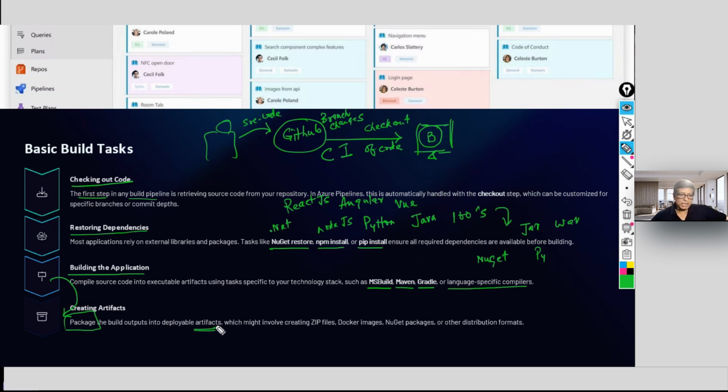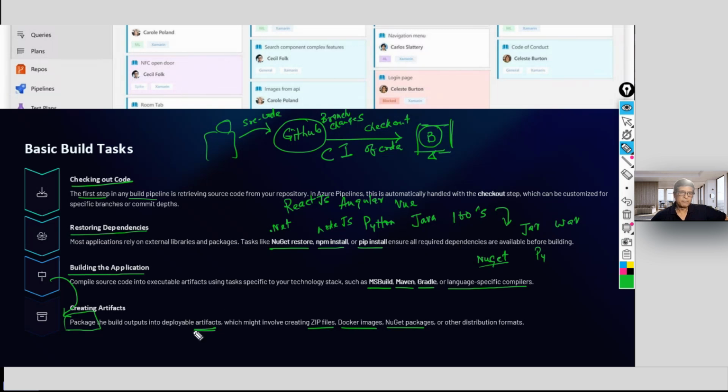So those are artifacts which will be stored into an artifactory, and this is nice for packaging, which might involve creating zip files, Docker images, NuGet, as I told you, and other distributed formats. It can be jar, it can be war, it can be Py, in any distribution format.